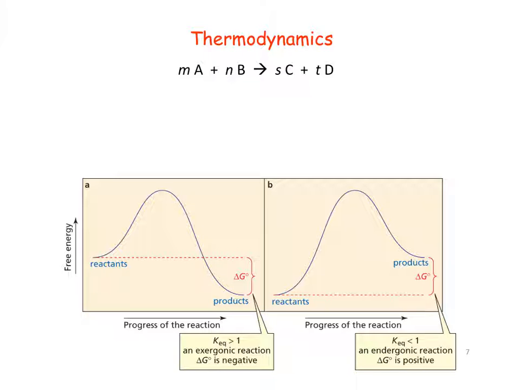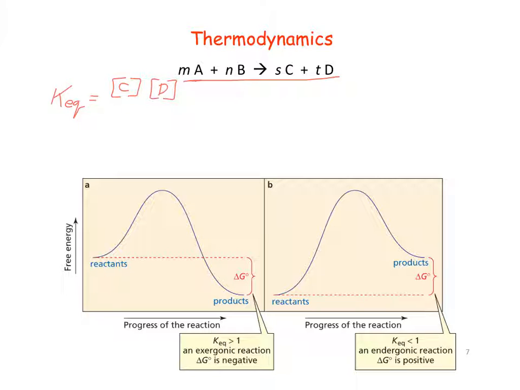All right, so the equilibrium constant is the first place that we can describe the ratios of reactants and products. Okay, so for this generic reaction, we have A and B reacting to give us C and D. The little M, N, S, and T are the stoichiometric coefficients. This tells us how many of each of those different species are reacting or getting generated. So we can say that the equilibrium constant, remember, equals the concentrations of the products, so C and D,